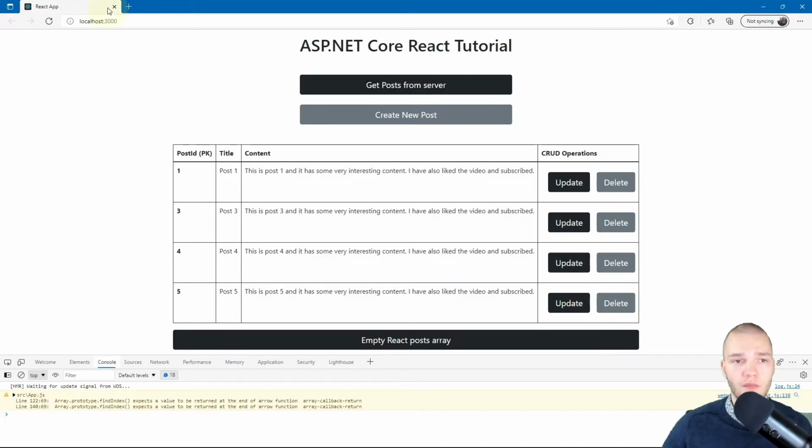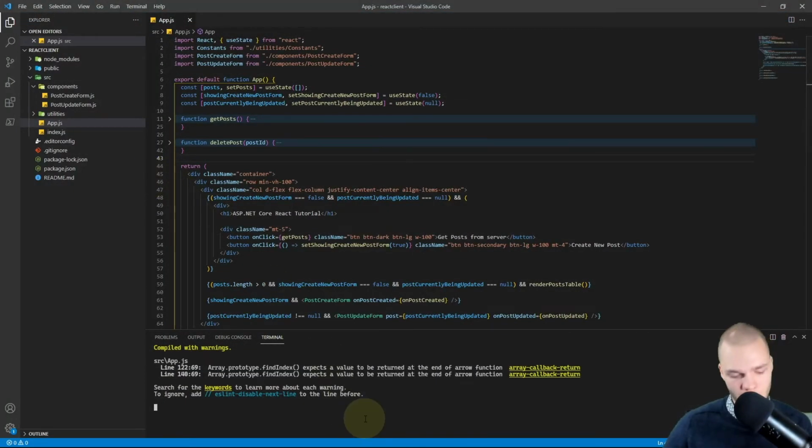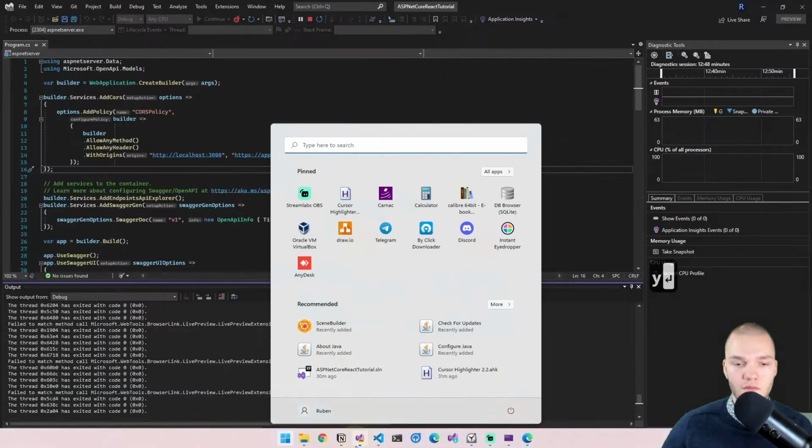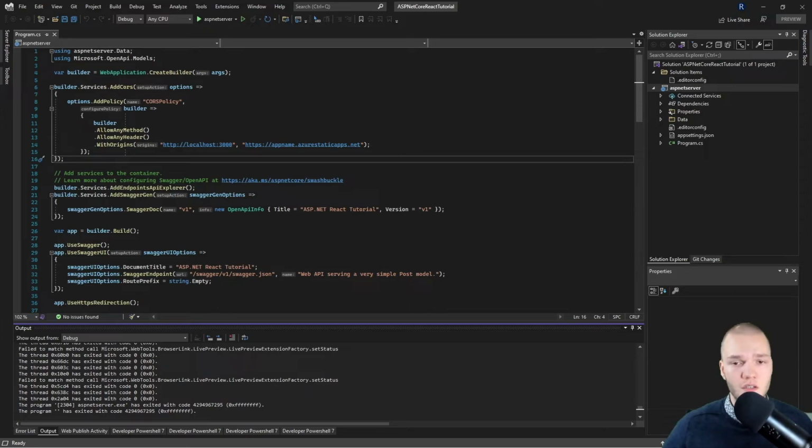Okay, so I'm just gonna close my browser and I'll stop both projects from running. So I'll start with publishing our server, and we'll publish that to an Azure App Service resource. So first of all, I want to set the database to copy always so that it gets sent up to Azure.